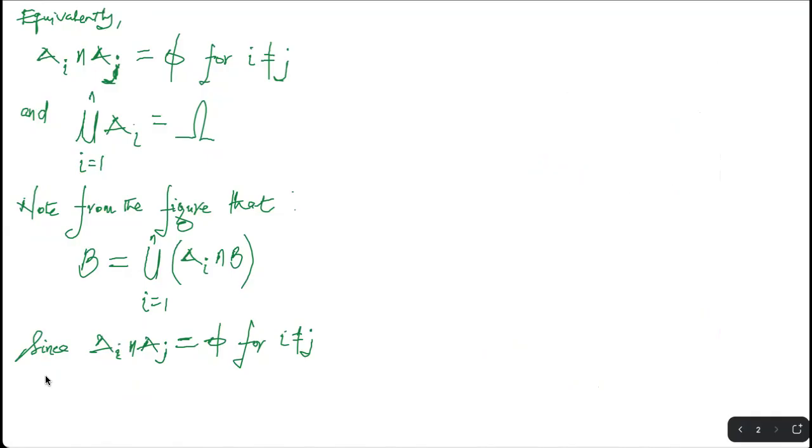Okay, so we can say that AI intersection B, right, which is the blue regions. Okay, any blue region intersection any other blue region would always be empty, right? For